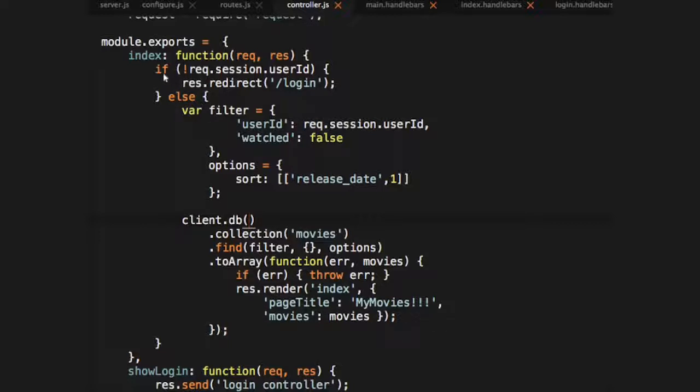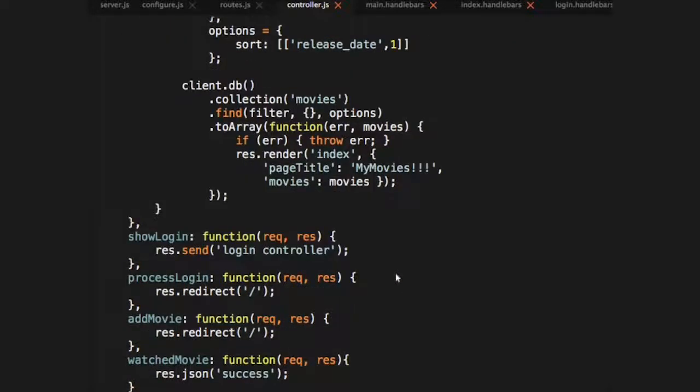So with our index controller defined, that's pretty much all of the logic that needs to occur for the home page. Because we're doing this redirect to the /login, the next thing we need to define is what /login does. So right here we just have this show login function that doesn't really do anything. So we're going to actually put some logic in there now. And this one's actually pretty easy,